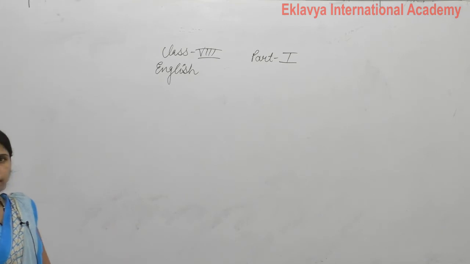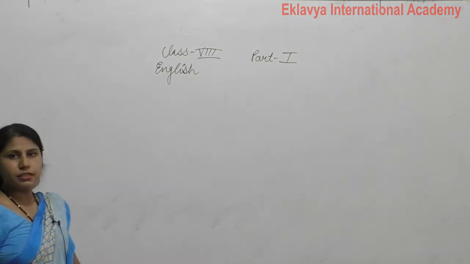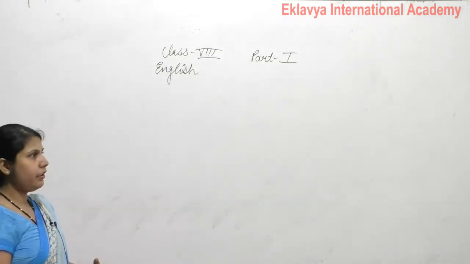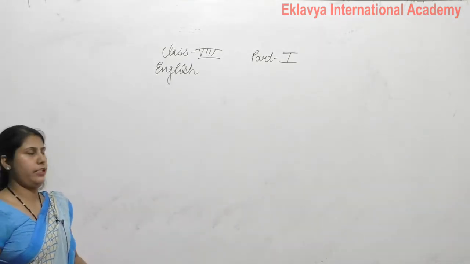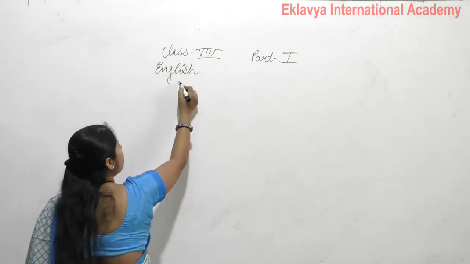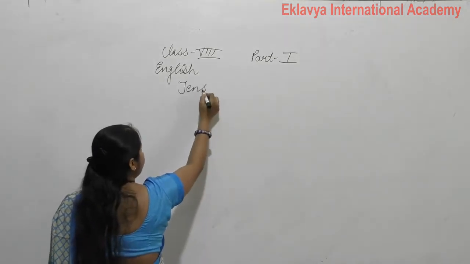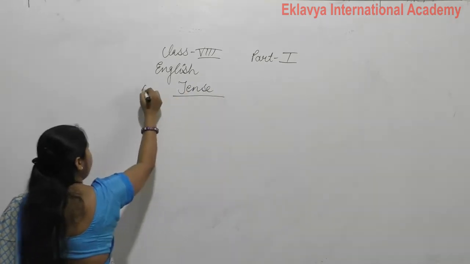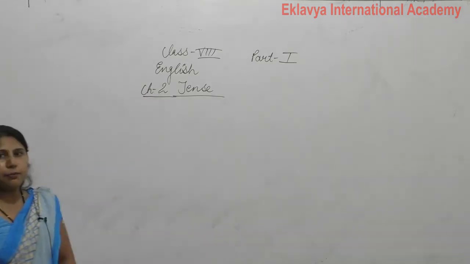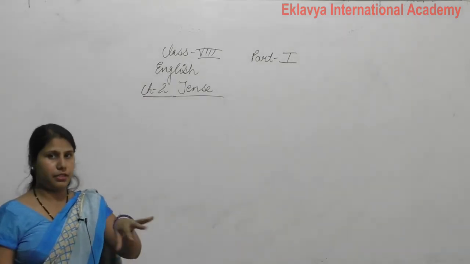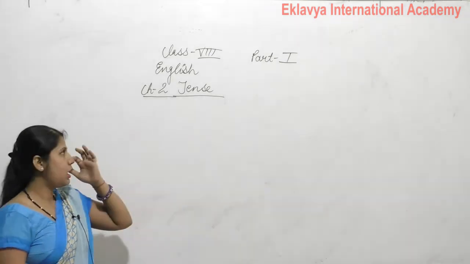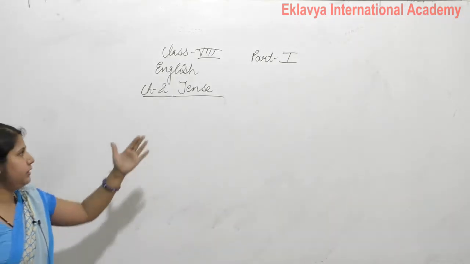In last class we discussed the determiners chapter. Determiners are completed and you all filled the exercise of determiners. Now today we start our very important topic that is called tense. Chapter number 2. In this book the chapters are divided into 3 chapters: chapter 2nd, 3rd and 4th. Now one by one we discuss tense.